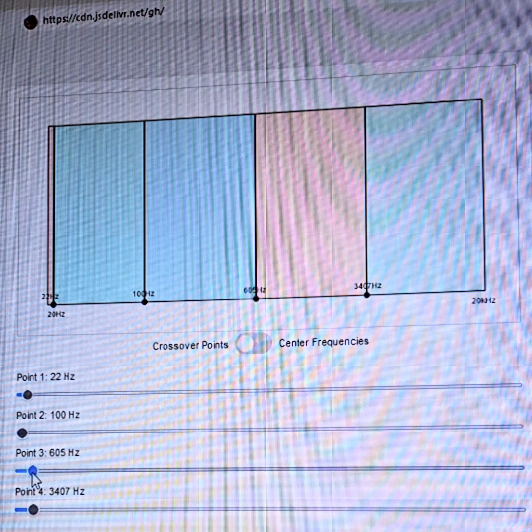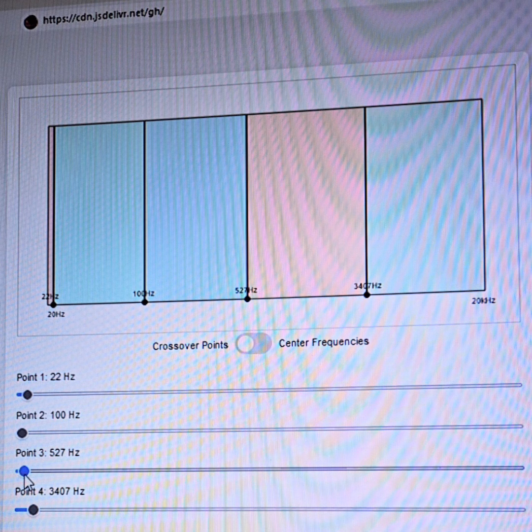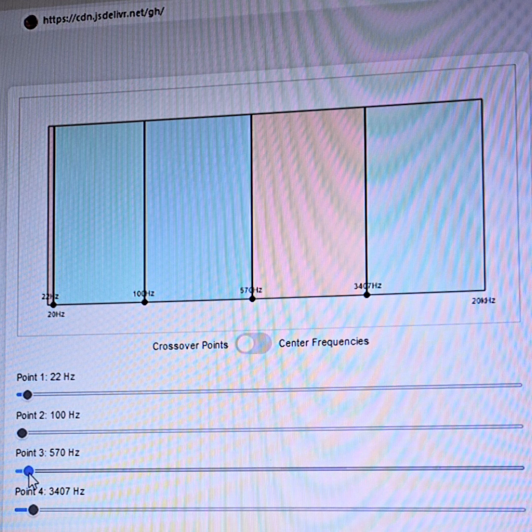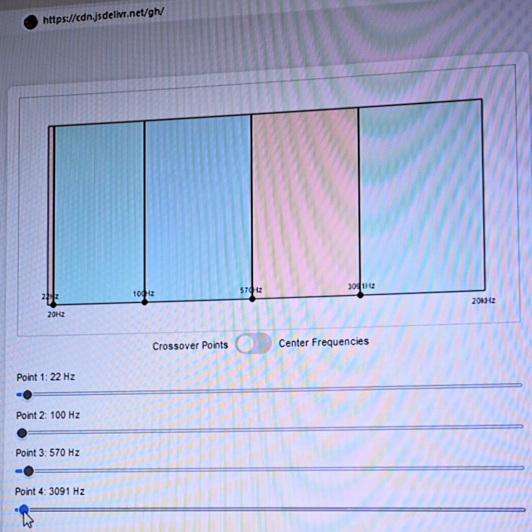And my 6 inches, where do they hand over? So they start at 100 and they hand over somewhere in the 1K region, maybe 600 or 700. Mine's a very gradual handover, so this doesn't really look that great, but that's that. And the tweeters, I found out I let the high mid and the tweeter handle themselves,